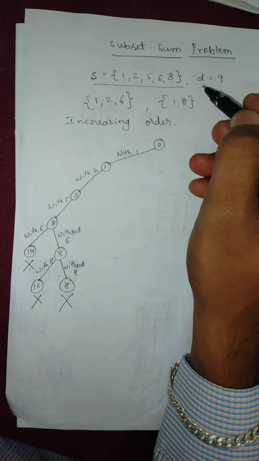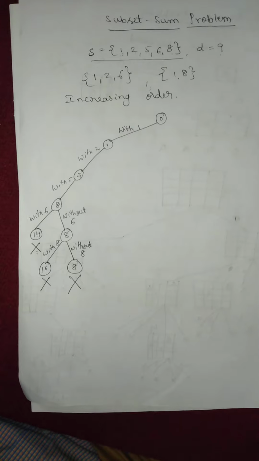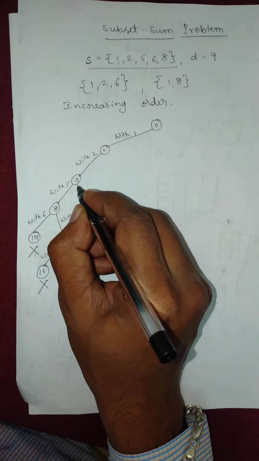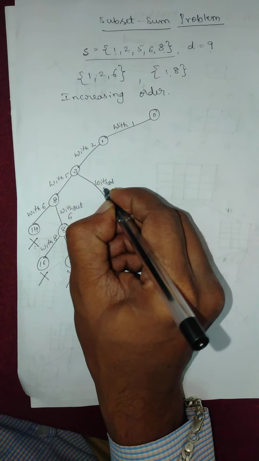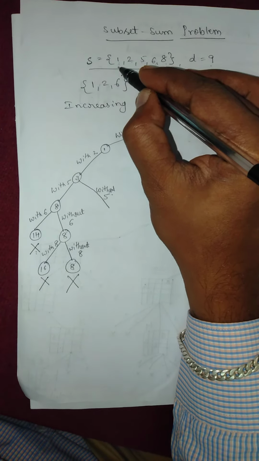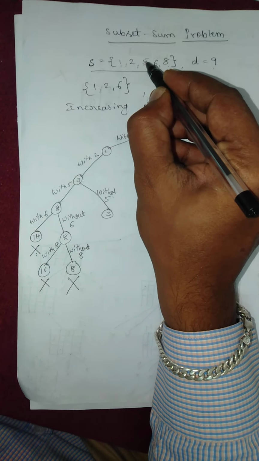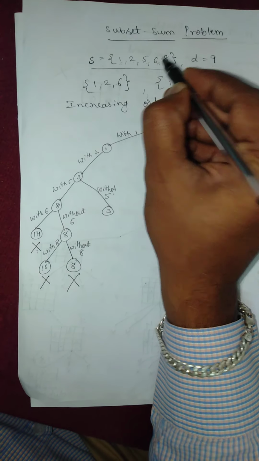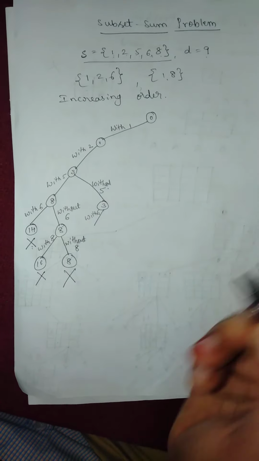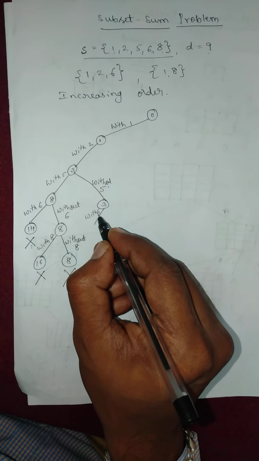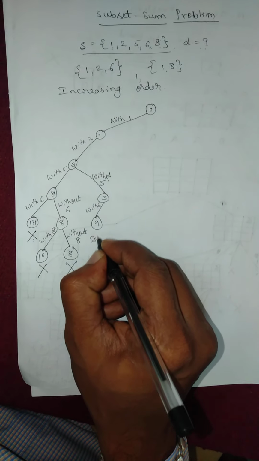So brute force approach with some constraint called the bounding function is what backtracking is. Okay, right. Next, I will go with without 5. So till now, without 5, what is the sum? 3. So after without 5, exclude 5, go for 6. With 6, so 6 plus 3 is 9. Is it equal to 9? Yes. Therefore here is the solution.